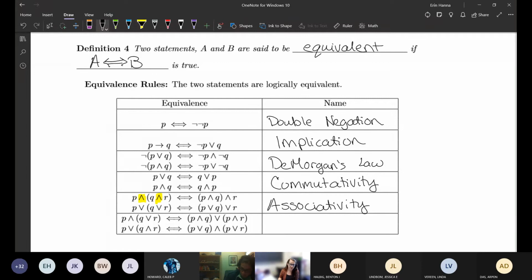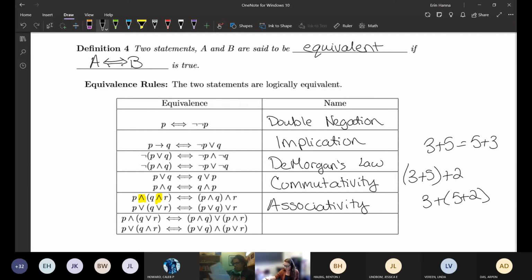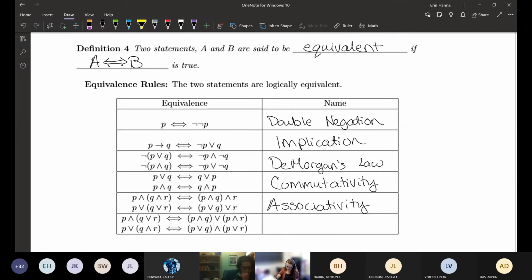It kind of works like arithmetic, you know, like 3 plus 5 is the same as 5 plus 3. And if you have 3 plus 5 and then you add 2, it'd be the same as if you did 3 plus 5 plus 2. Same idea. So if it makes sense to you in arithmetic, think about it also in terms of this. It's essentially working the same way. And then this last one we have